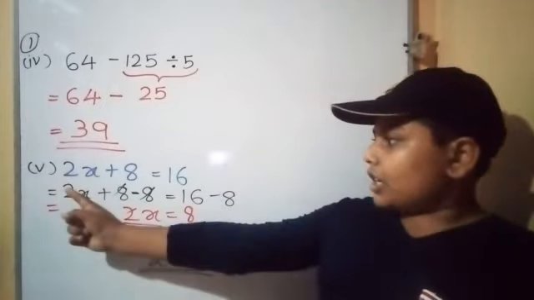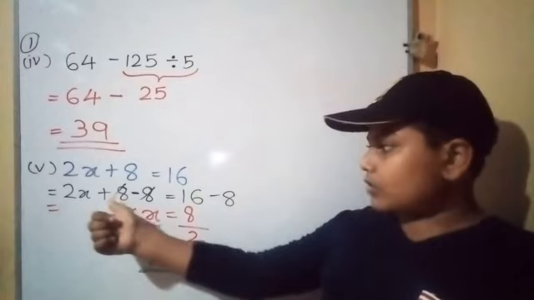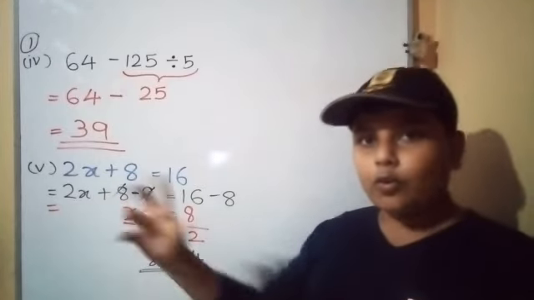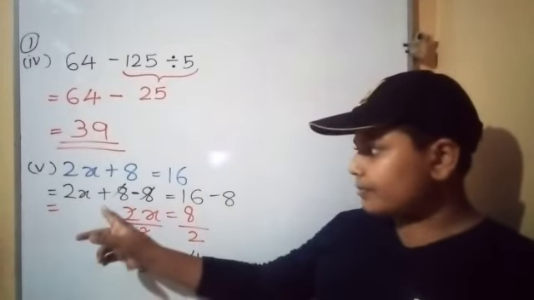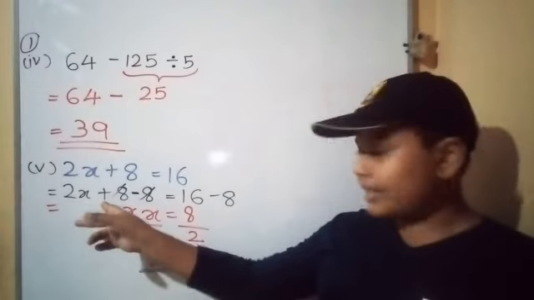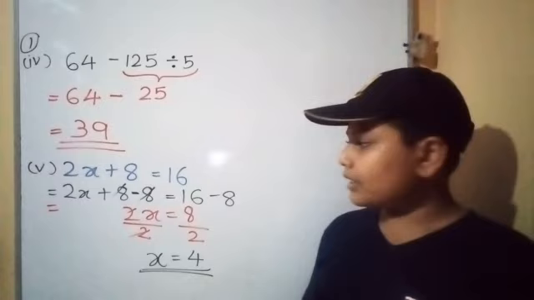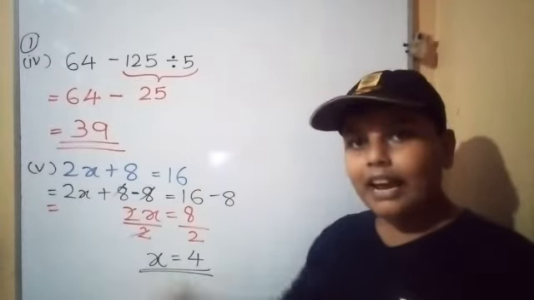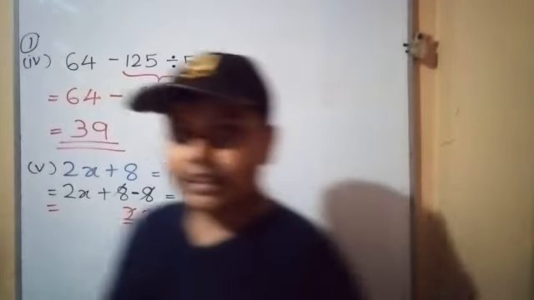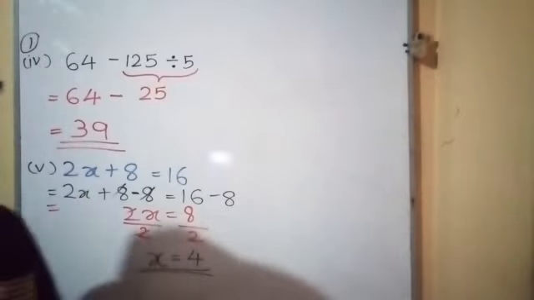Now 2x plus 8 means they have addition. The two parts are not equal, so this means subtract. They are opposite. This means subtract, and this subtract has addition. Like that, now they are in the equations.